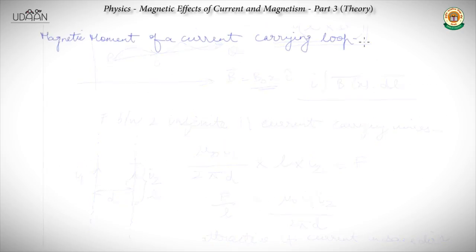So now we'll be looking at the concept of magnetic moment, and we'll start off with the magnetic moment of a current carrying loop. Let's say we have a loop here, and let's say this is in the xy plane and it carries a current I. And this is the magnetic moment vector M, and we define it by